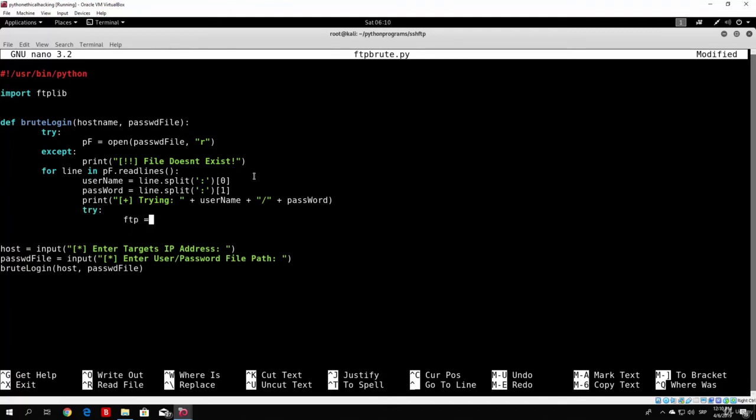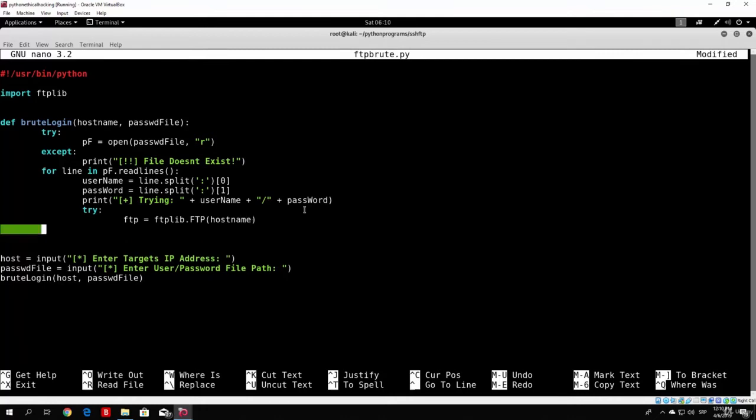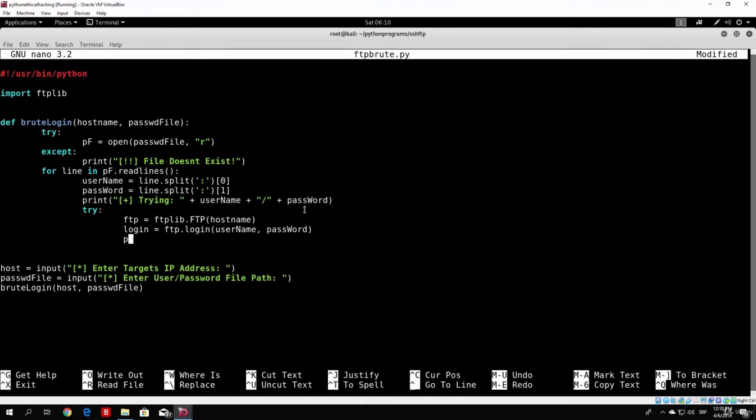We will set the FTP variable to ftplib.FTP from our host name, which is the host IP address, so host name. And right now our login variable will actually perform the login itself. So ftp.login on the username and password. So we close the brackets right here. And in case this works, we want to print that we found the password. So print, we add a plus, login succeeded